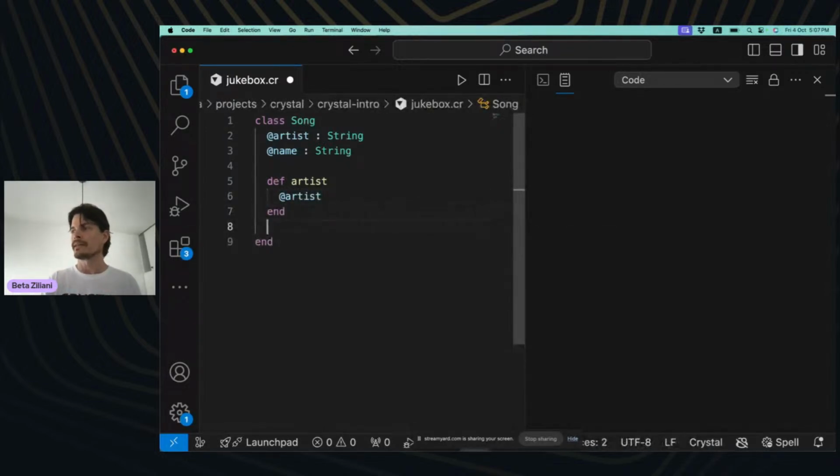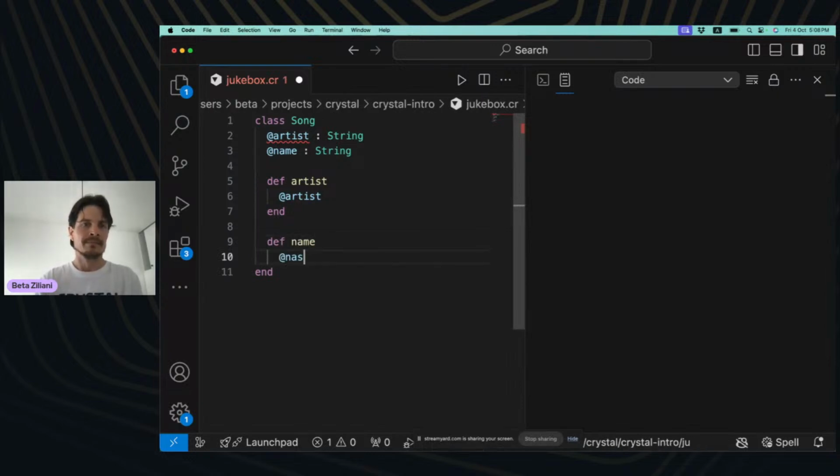What I'm calling here is a method, artist, that will access the object field, the instance variable, that's how we call it, called artist. And you will see an error here. I'm going to mention why this is complaining. But let's do the same for name.